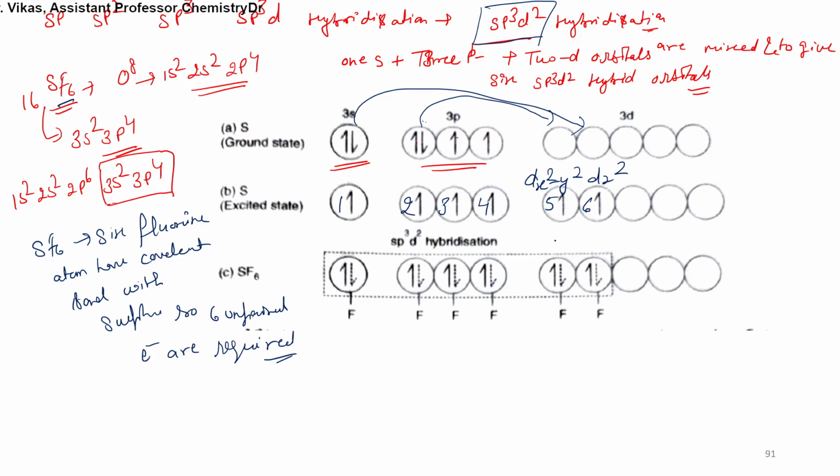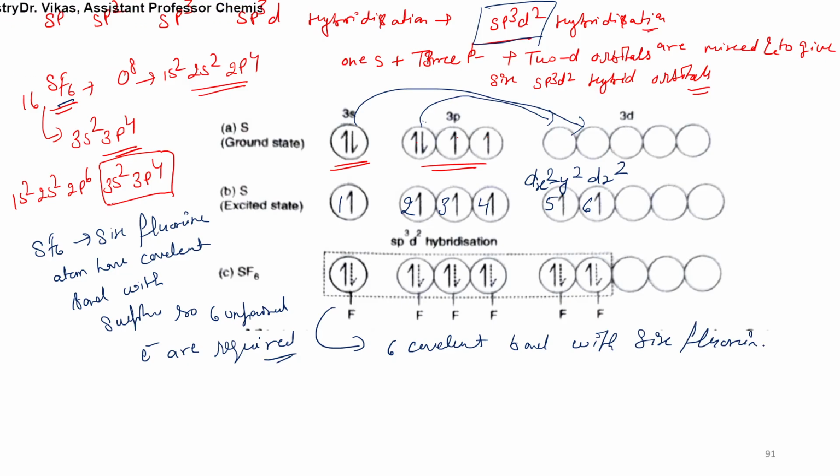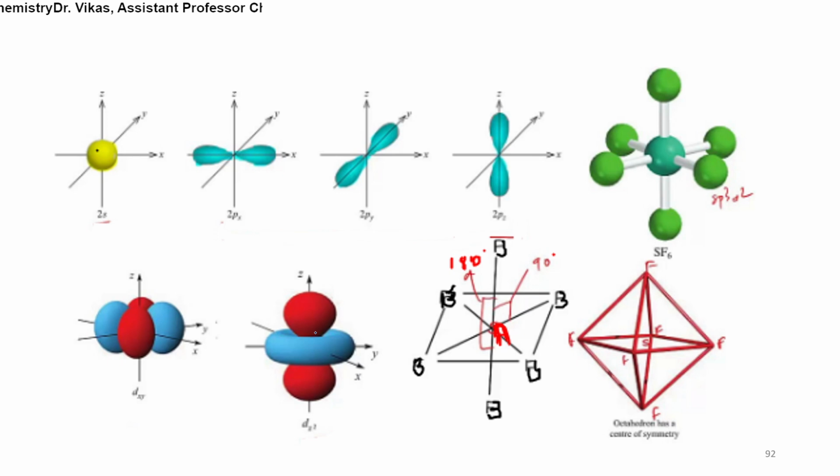These 6 unpaired electrons are involved in covalent bond formation and form 6 covalent bonds with 6 fluorine atoms. Also remember the d orbitals involved in the bond formation are dx square minus y square and dz square orbitals. Okay, further,